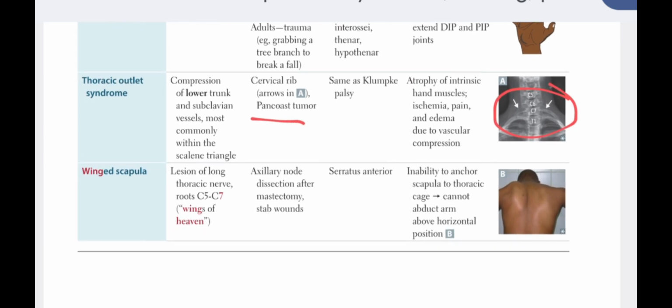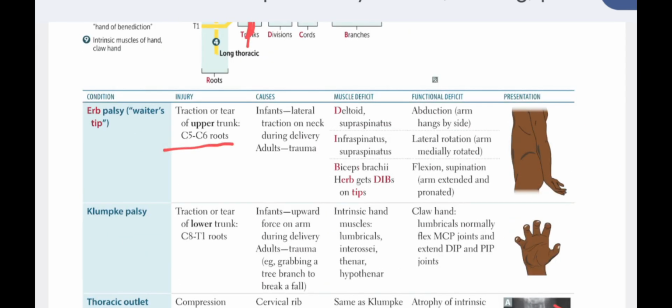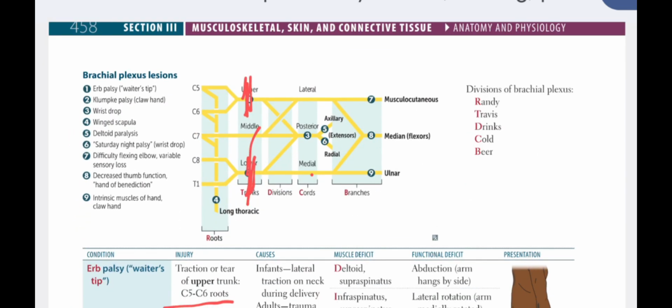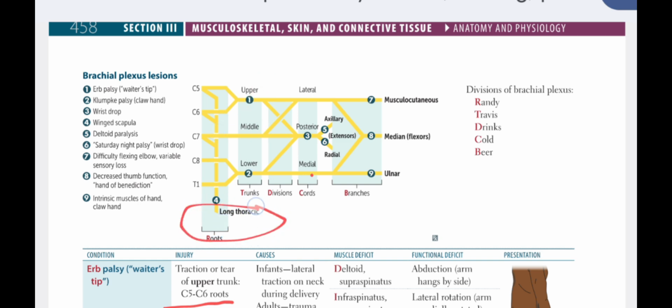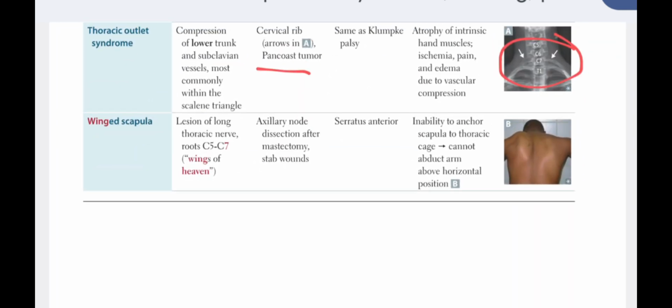And then you have the winged scapula. Winged scapula is due to lesion of the long thoracic nerve. The long thoracic nerve is basically a nerve that arises from the combination of 5 different roots involving C5, C6, C7, C8, and T1. All these 5 roots combine together and form the long thoracic nerve, and if there is injury to the long thoracic nerve, it results in the lesion of the